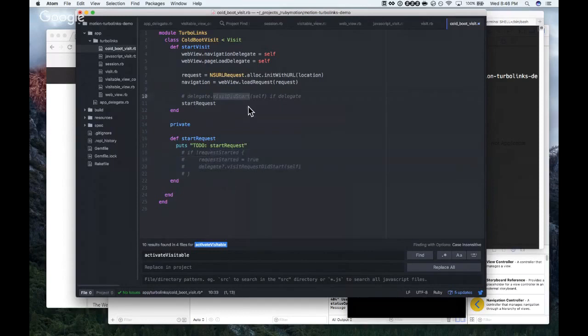I skipped over the delegate visit did start because I think that's another one of those setting some state that we may need later but don't need right now. Unless request started. So we need request started.